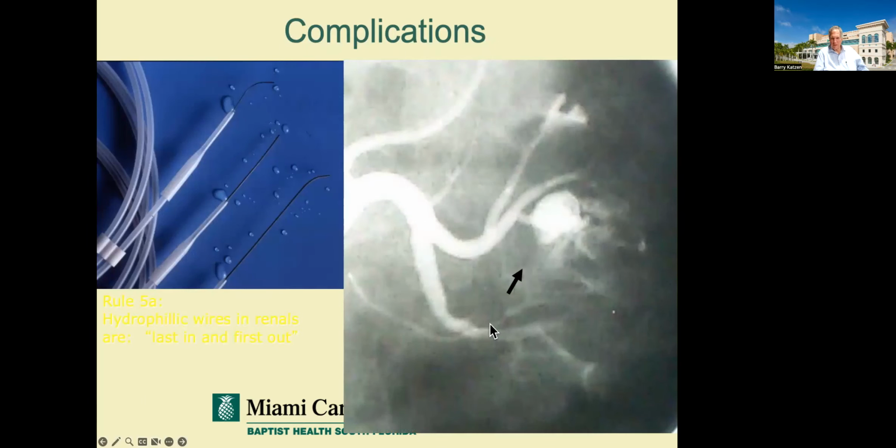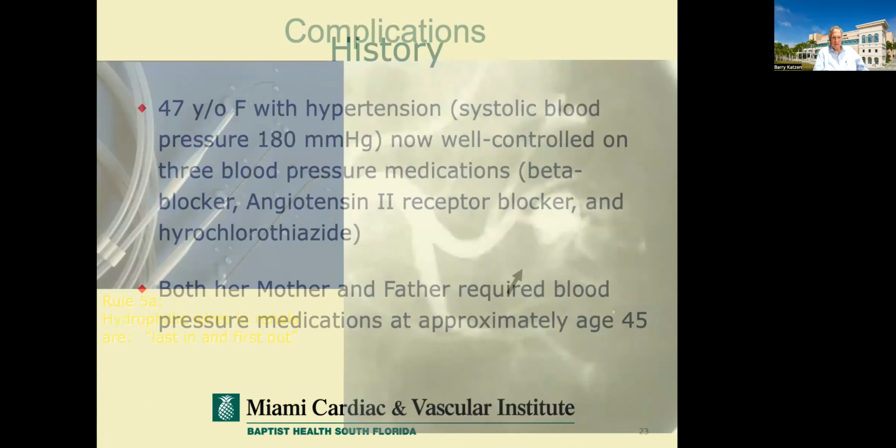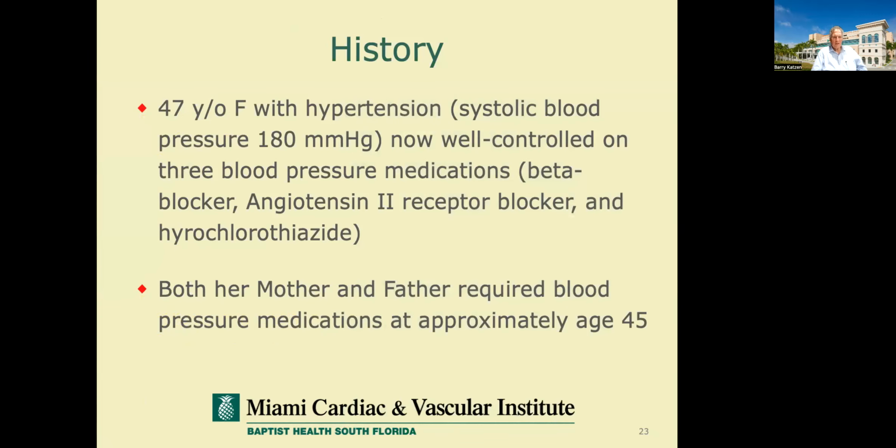Here's an example of a patient who had a rupture where the guide wire went out of a branch, and this contrast is essentially bleeding outside the kidney. We've associated this with certain particular types of guide wires, and this is sort of a preventable complication, but